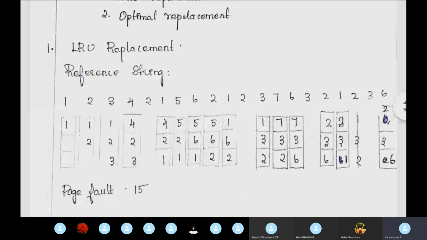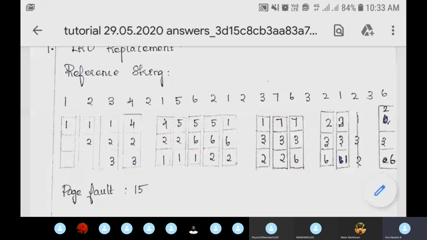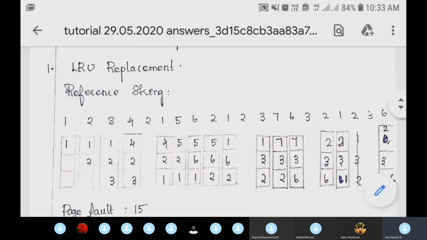Okay. So here, if you see this LRU page replacement algorithm, in the question the reference string will be given. LRU is the least recently used page replacement algorithm. What will we be doing? We'll be replacing the page which is not used recently. So in LRU, what do we see? We'll be seeing the past pages. This least recently used algorithm will look at the past pages. I will explain this with the same example given in the tutorial problem. This is the LRU replacement algorithm.